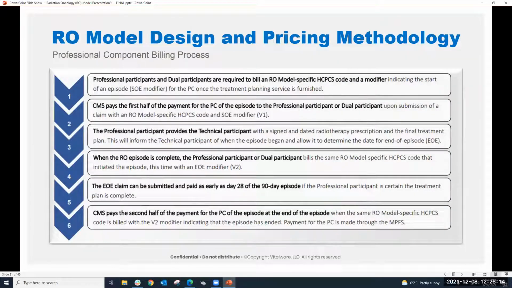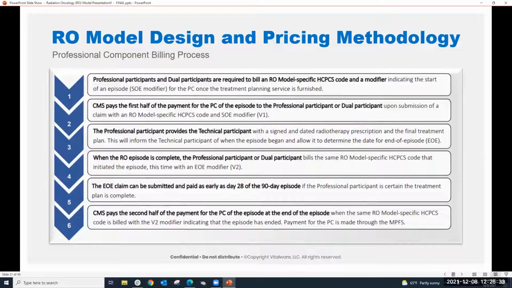So I want to just give you an overview of how the billing process is going to look for the RO model. This is for the professional component. Each RO model billing episode is going to be 90 days, and I'm just going to go through the steps. So for professional component,